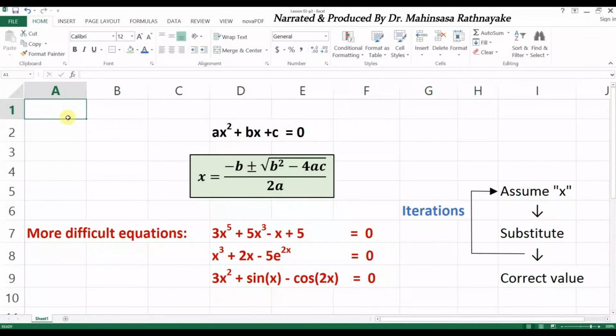Next, let's see solutions for nonlinear algebraic equations. A popular nonlinear equation is the quadratic equation in the form of ax squared plus bx plus c is equal to 0. We know that we can obtain the solution for a quadratic equation by using the formula x is equal to minus b plus or minus square root of b squared minus 4ac divided by 2a.